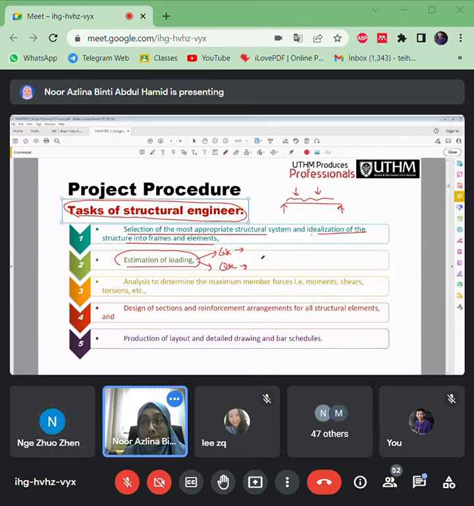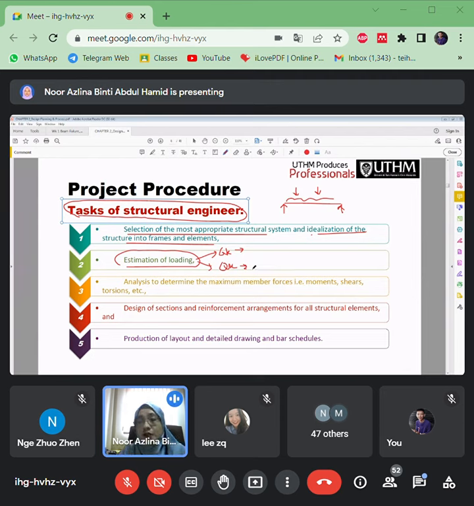Permanent load, right? Contoh self weight, brick walls, ceramic tiles, everything, any materials, any structure that is permanently at that structure. So that is Gk.